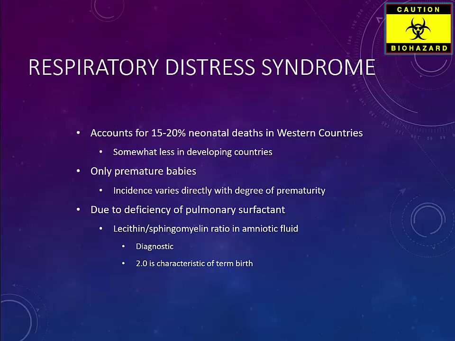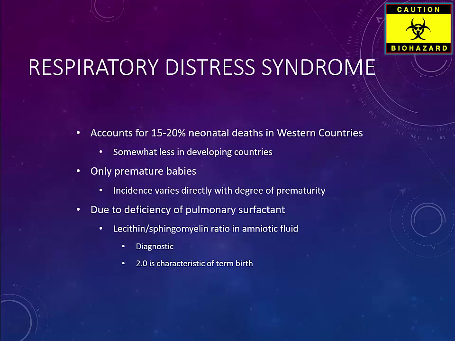This is a neonatal problem, and accounts for 15 to 20% of neonatal deaths in Western countries. This is somewhat less in developing countries. It only strikes premature babies. Incidence varies directly with degree of prematurity. So a premature baby is going to have greater chances of respiratory distress syndrome depending upon how premature the infant is. And the cause is a deficiency of the pulmonary surfactant,